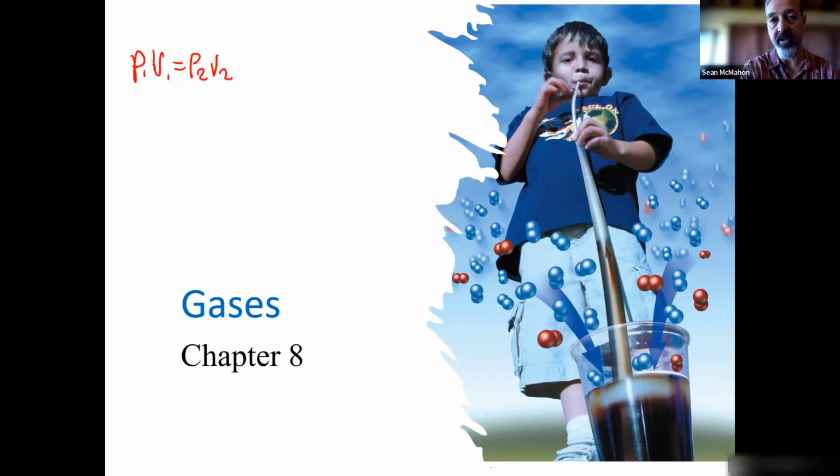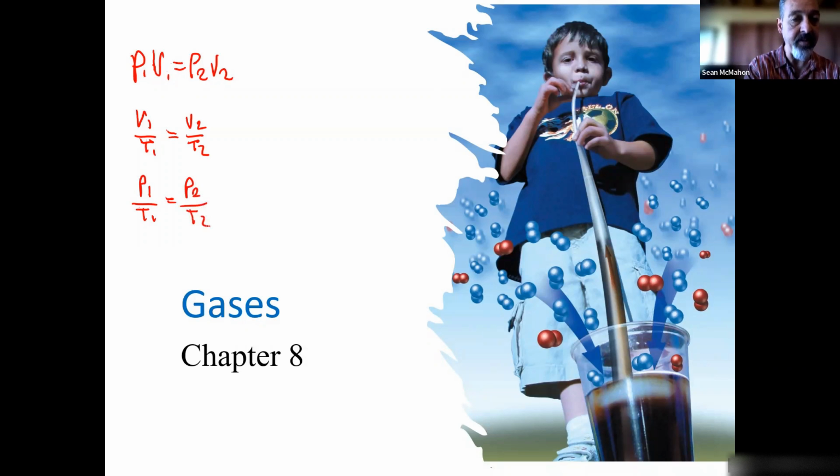We introduced Charles' Law, which was V1 over T1 equals V2 over T2. And then we introduced Gay-Lussac's, which was P1 over T1 equals P2 over T2. So again, with Boyle's, the first law, when we only dealt with changes with pressure and